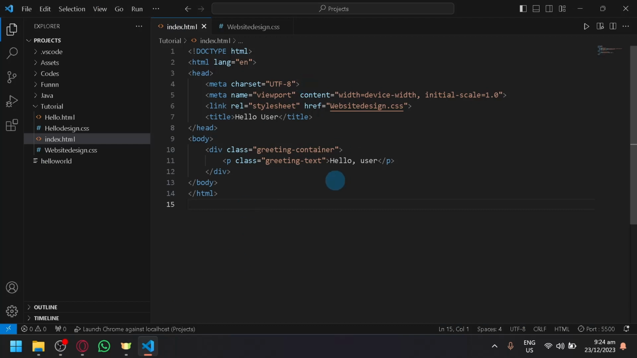In today's video, we will be showing you how you will be able to change the text color of your greeting text or any text that you add in your HTML code. For example, over here I have a very simple HTML code that simply says hello user. To be able to change the color of hello user, because the default if you open this will be